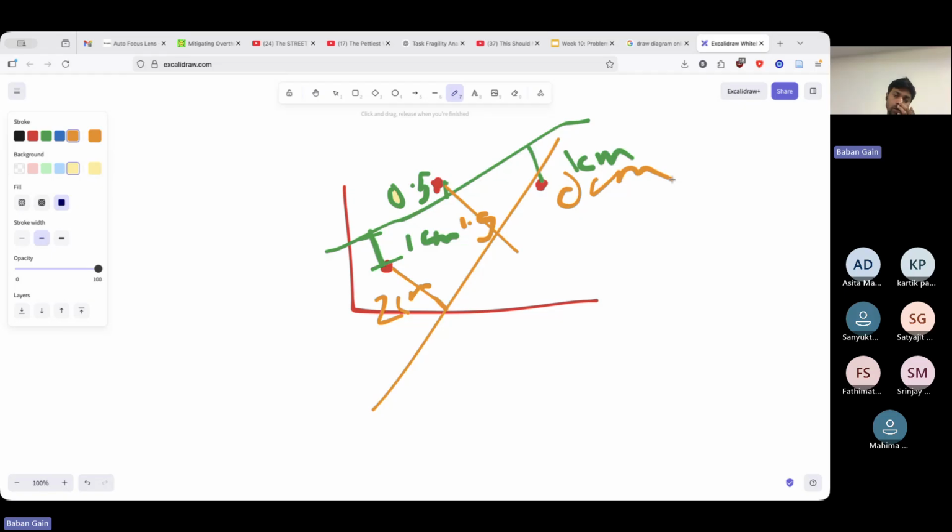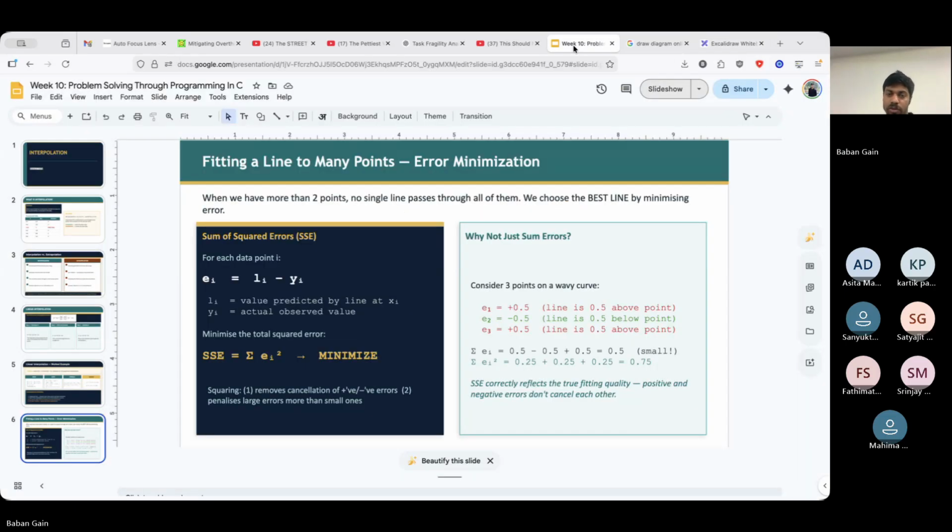So the question is that if we have multiple lines, there are possibilities to draw multiple lines. Which ones will you choose? So the standard is that there is something called sum of